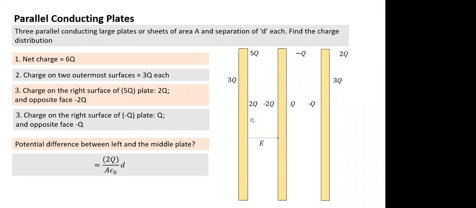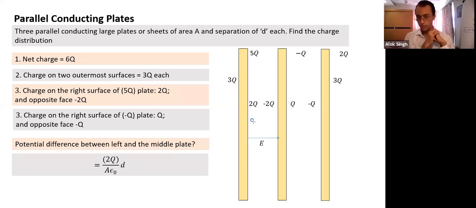First one is that the field very near to a closed conductor, close to a conductor. Correct. Sigma by epsilon naught. Correct. So one way is I will not think of what is happening elsewhere. Every time though we have drawn the figure, the distance appears large, but we always assume the distance is small. So this point is close to a conducting surface. Anywhere a point is close to a conducting surface, the field is sigma by epsilon naught. And do we know the sigma on the surface? Yes. Charge density here is 2Q by A. Sigma by epsilon naught. Is there any second method of calculation of field also?